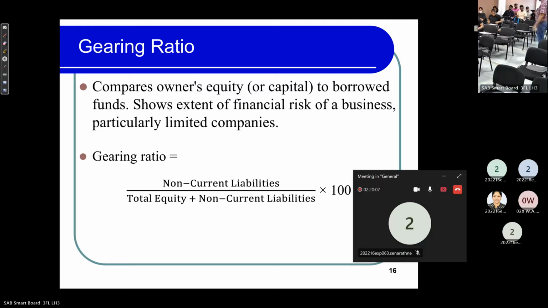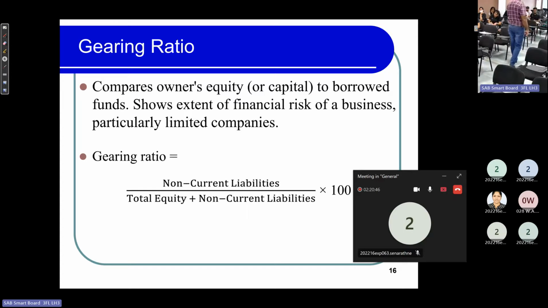Gearing ratios. Under that there are a couple of ratios. First one, gearing ratio: non-current liabilities divided by equity plus non-current liabilities. Here total capital. Meaning total capital. Compare total capital, what is the debt capital percentage? Then you will be getting gearing. Some companies are maintaining high gearing, some companies maintaining low gearing. High gearing companies, low gearing. So what is